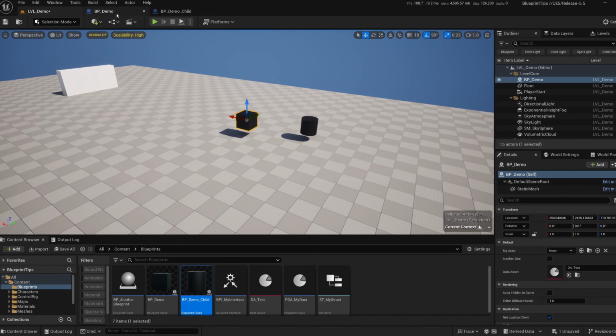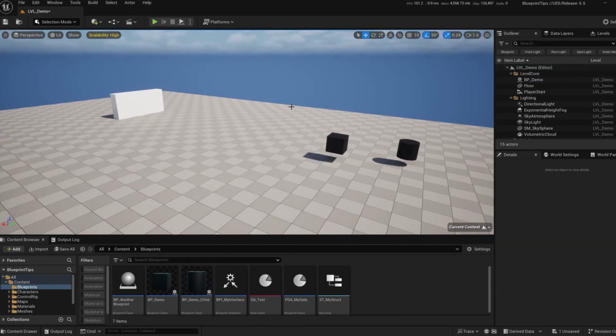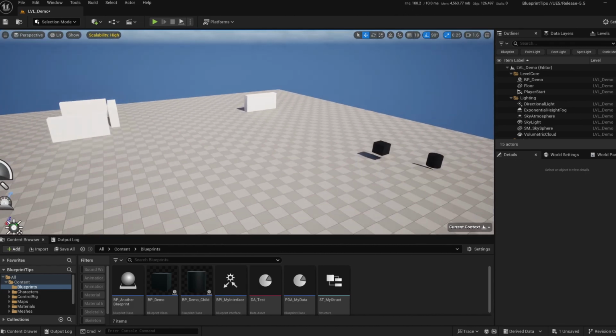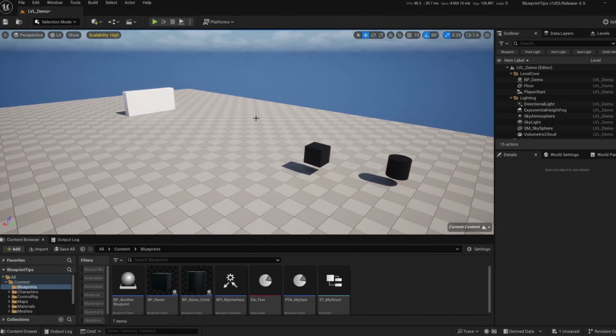This next set is a bit of a mix, but mostly has to do with the main viewport and details panels. First up is the real-time toggle. By default, your viewport is running real-time as if it were a game being played, meaning that your graphics card and your power supply are constantly cooking, especially if there's a lot going on or if you have very high scalability set. You can see the frame rate and memory usage up at the top with that setting I mentioned